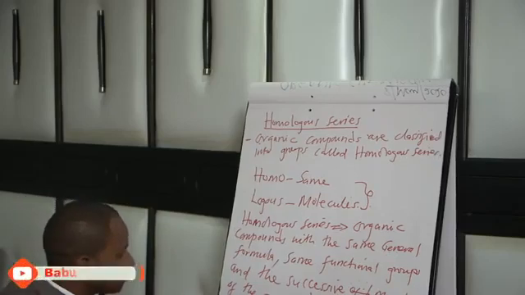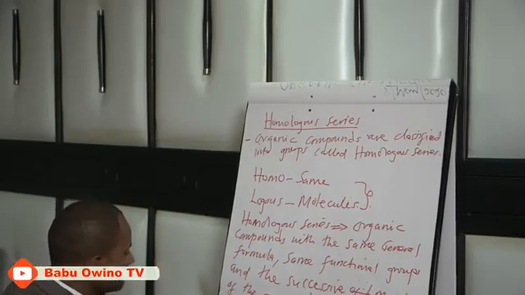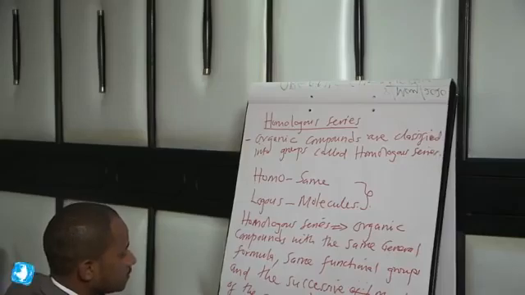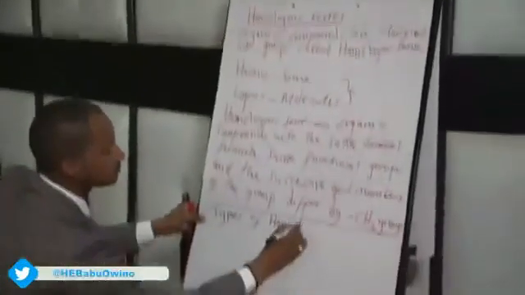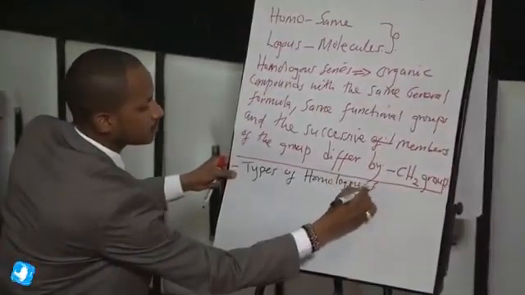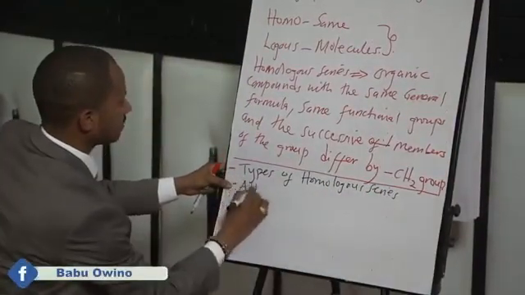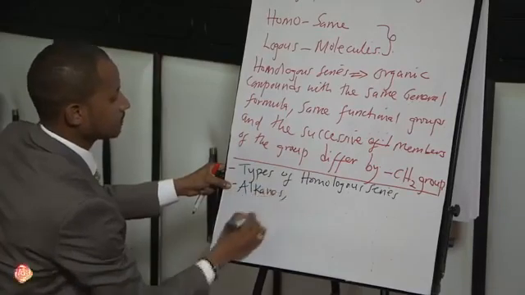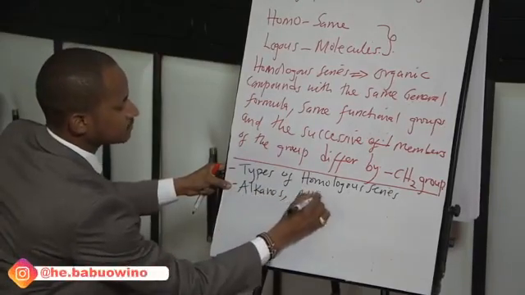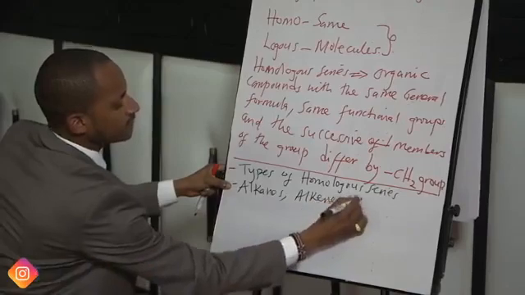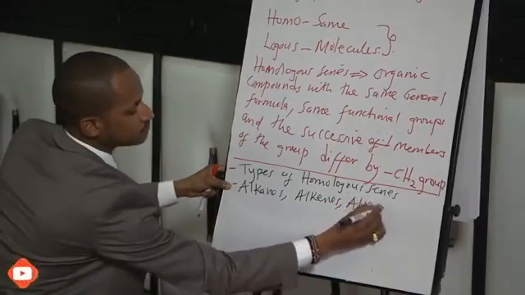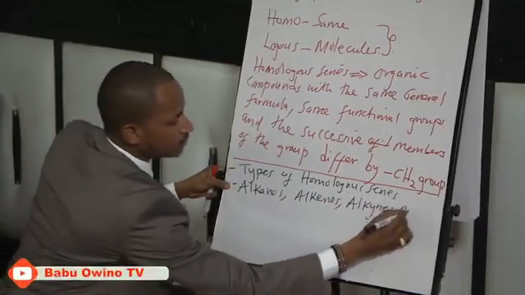Various types of homologous series. Types of homologous series. Number one, we have alkanes, we have alkenes, we have alkynes, we have